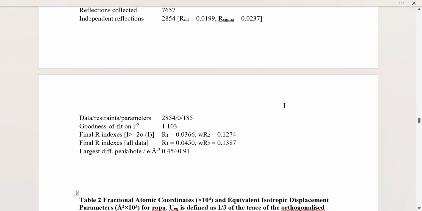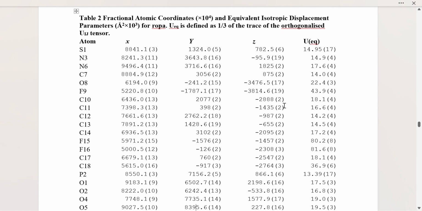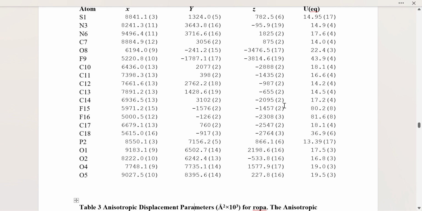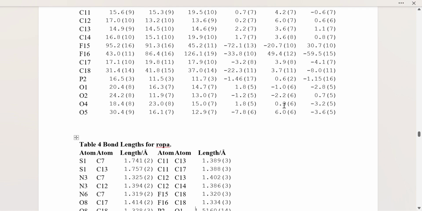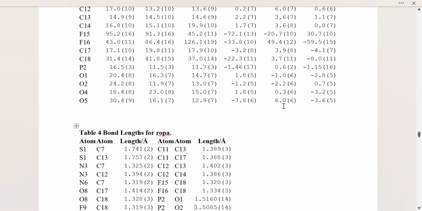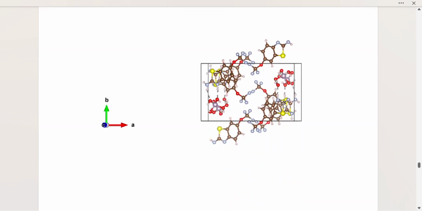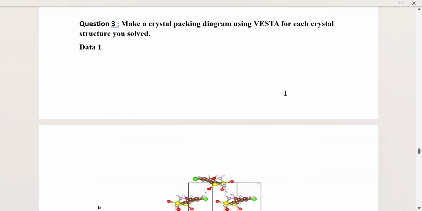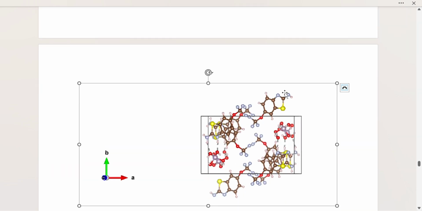And then after that, we use another software which is called VESTA. In the VESTA software, we use VESTA to generate the 3D crystal packing diagram, which is seen like this. This is the structure of data 1, data 2nd and data 3rd.